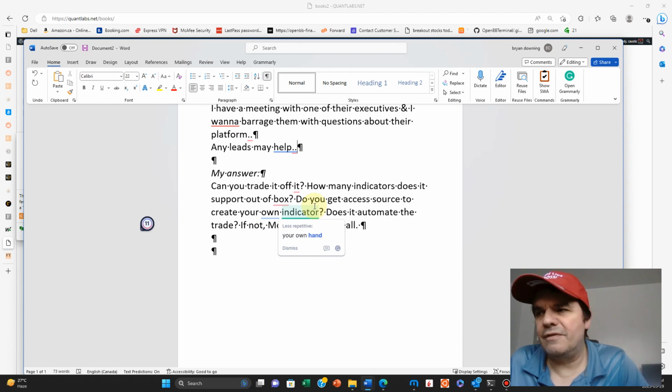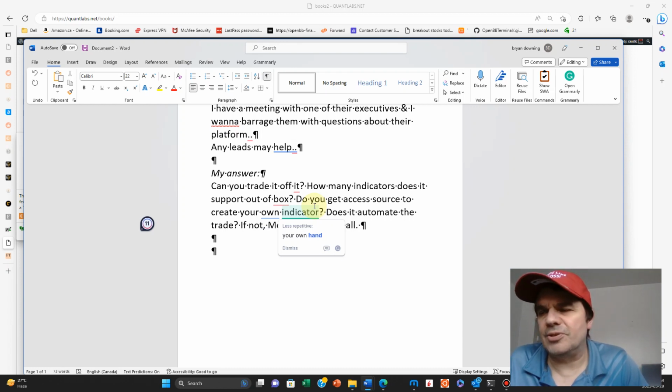So in the case of MotiveWave, out of box, it's well over 300. Just right there is a lot. And you don't have to pay more to get that. Well, it depends upon your edition you get of MotiveWave, but even on the basic free edition, you can get a nice core of indicators for free with the free one.